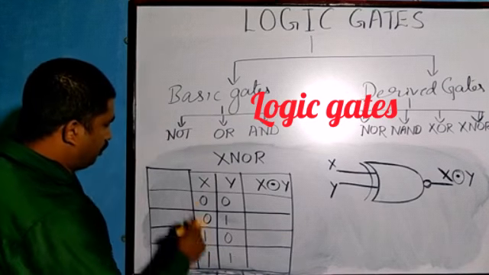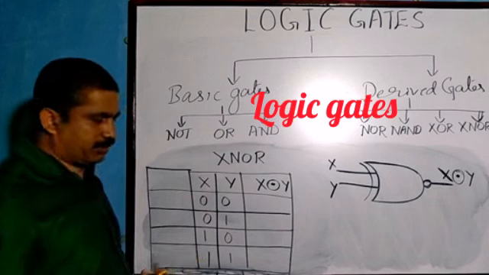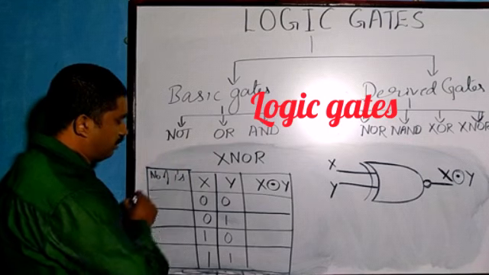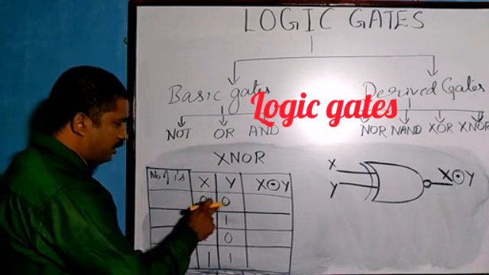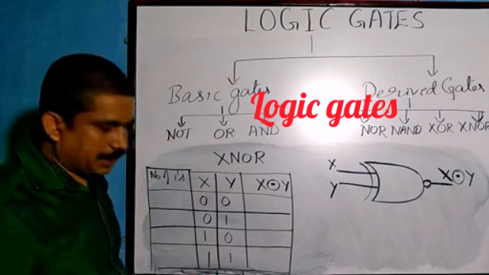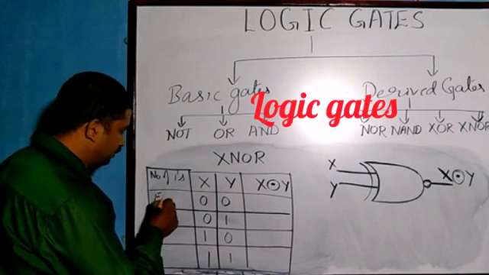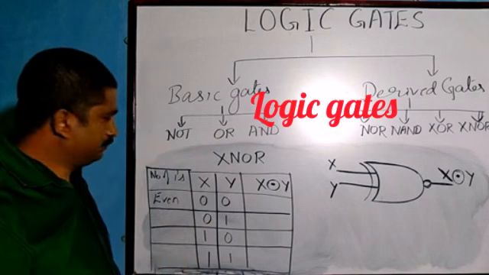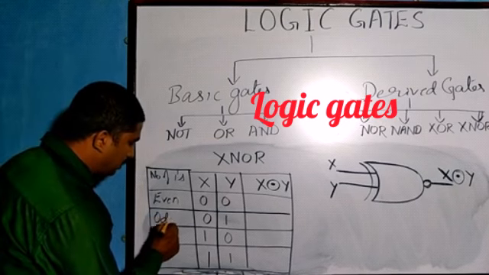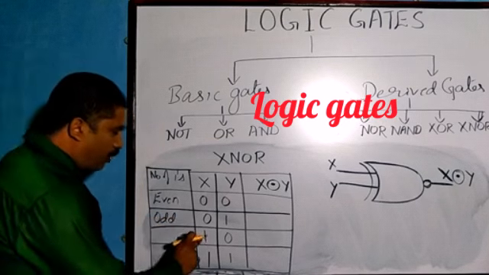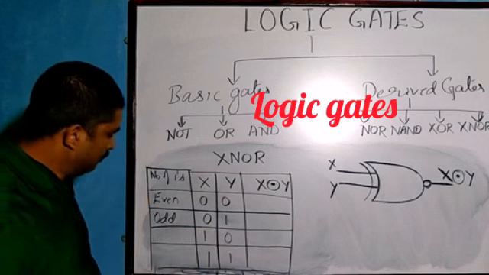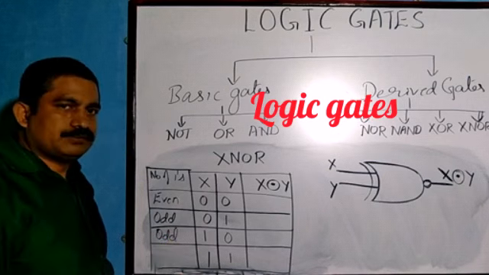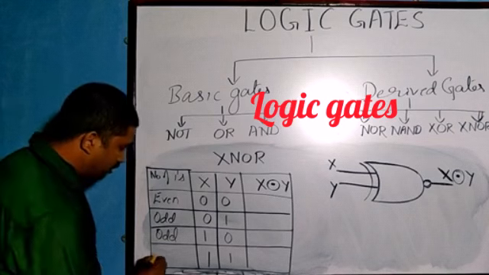Okay. So now count. What do you have to count? The number of ones. How many times are ones here? 0 0: no ones. That is 0 times. 0 means that is an even number here. Just write even. 0 1: 1 is one time. 1 is an odd number. Odd number. 1 0: one time. That is once again an odd number. 1 1: it exists two times. 2 means even.